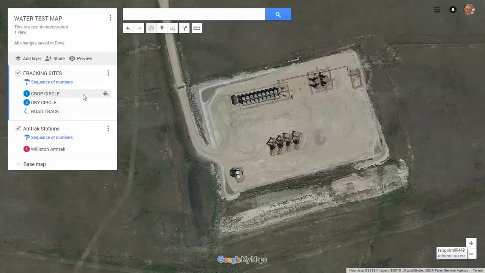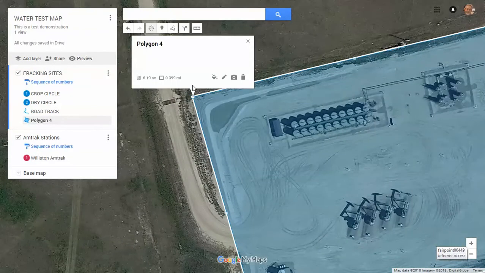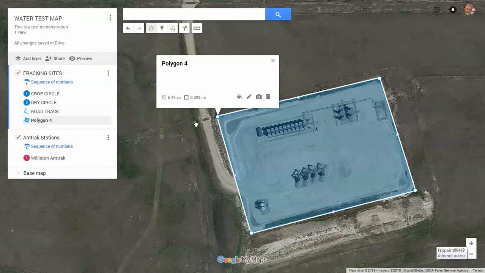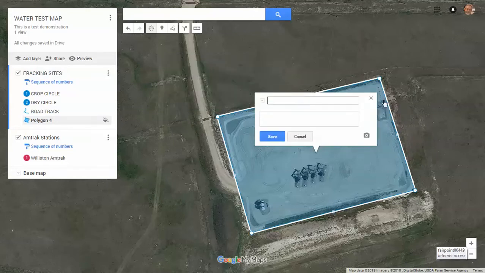And all I want to do is make a place mark for this, but I want to just cover it as a shape. I actually want to do it as a polygon that's going to cover this approximately. When I get back to my first point, if I double click, it's made a polygon, and now we're in the same business where we can now edit this bubble. So if we edit it, we could call it fracking